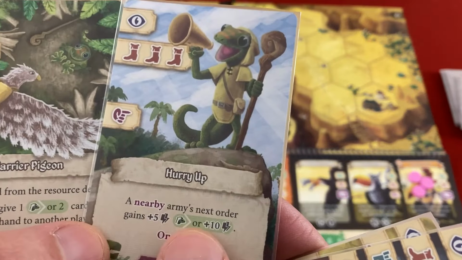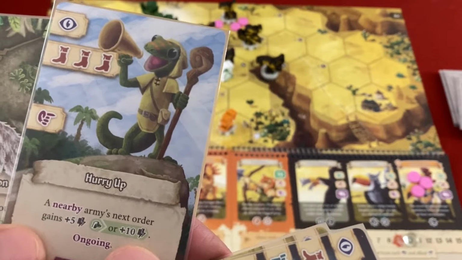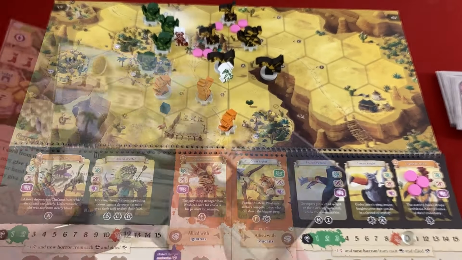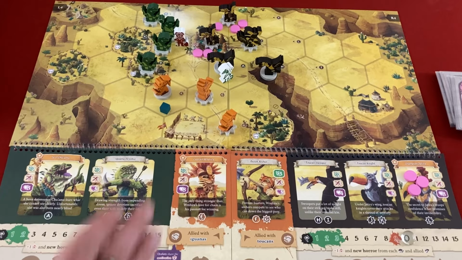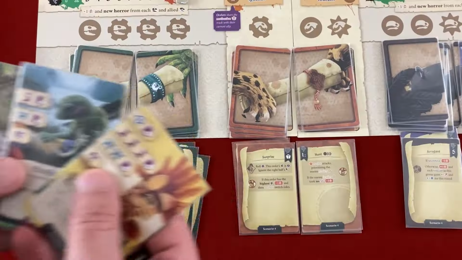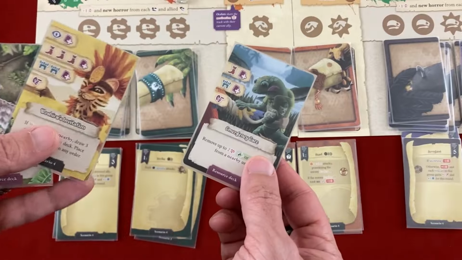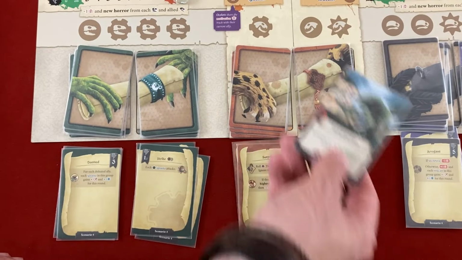Sabo also has a nearby army's next order gains +5, or +10 if it's the Gecko doing it. Initiative. Well, let's go ahead and try to find out what the heck's going on here. I'm not going to worry about the Toucan. If they attack, it's okay. The other side is winning right now. So let's focus here. I'm going to use my other emergency care to move the Gecko to be with the